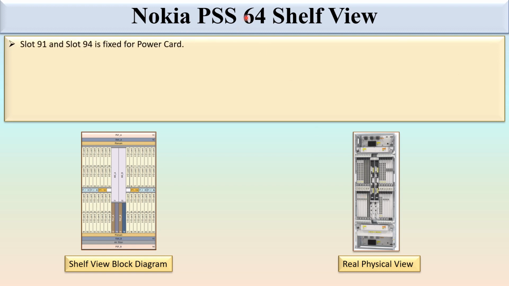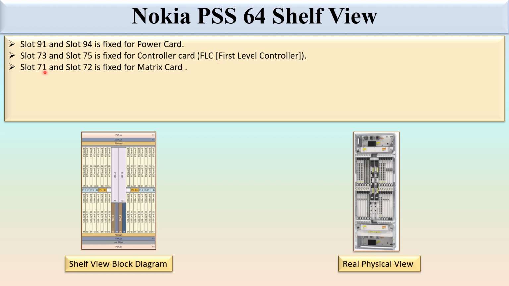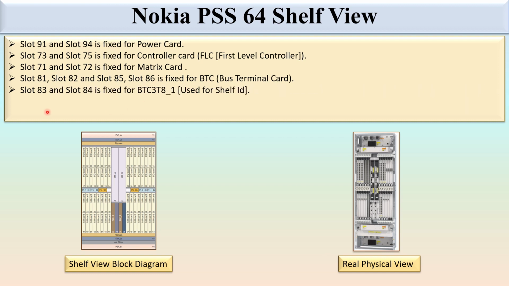In Nokia PSS64, slot 91 and slot 94 are fixed for the power card. Slot 73 and slot 75 are fixed for the controller card, that is FLC, first level controller. Slot 71 and slot 72 are fixed for the matrix card. Slot 81, slot 82, slot 85 and slot 86 are fixed for the BTC bus terminal card. Slot 83 and slot 84 are fixed for the BTC